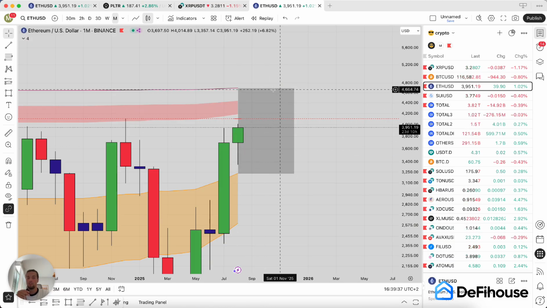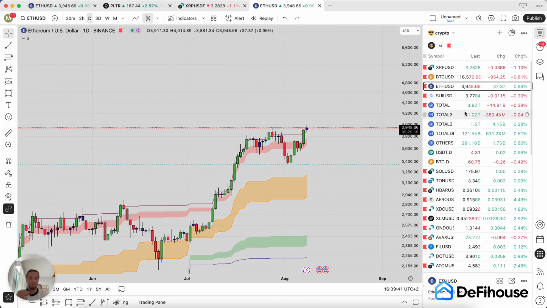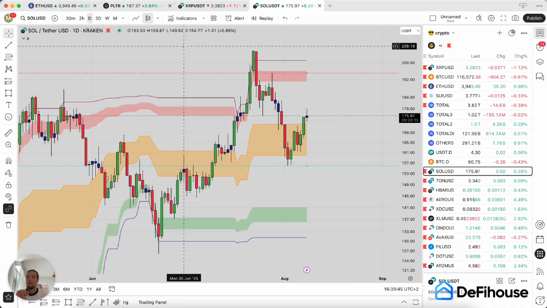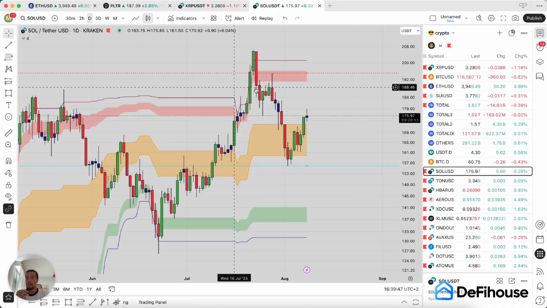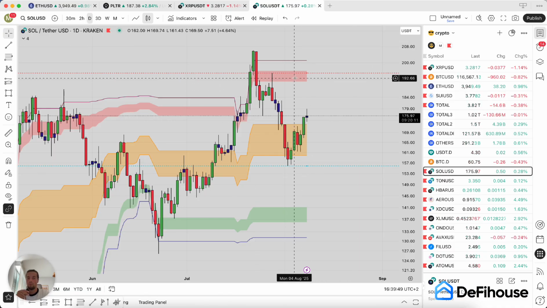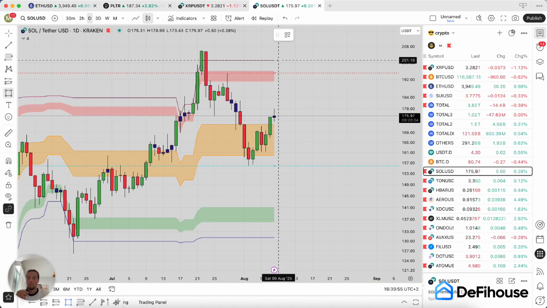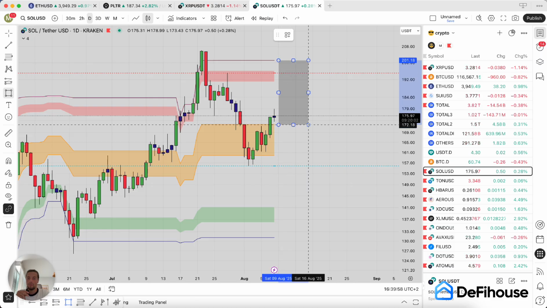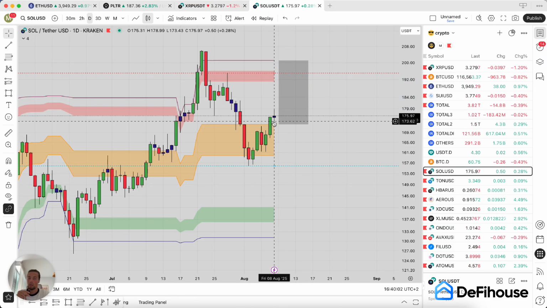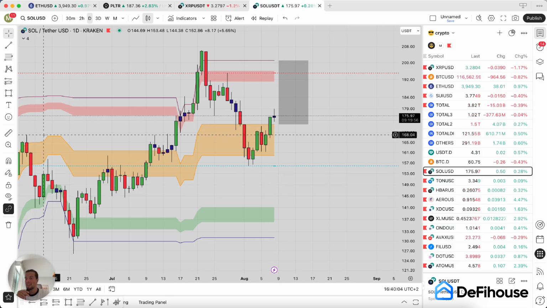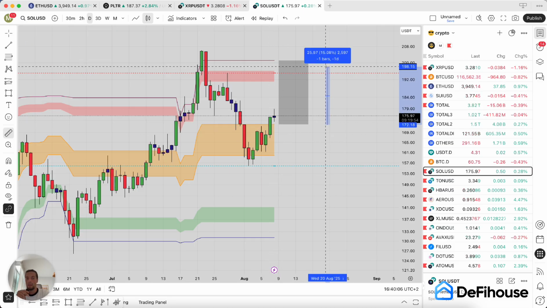And then you're going to be in range for quite a while, earning the fees while the Ethereum price moves within this range. Now, if we go back to the daily and see any other asset, let's say Sol, even on a daily perspective, as you can see, we are way below the red area. So you have, once again, two options. Use the top line to the first yellow line, which does not give you much space to the downside in this case, and it would be a range of